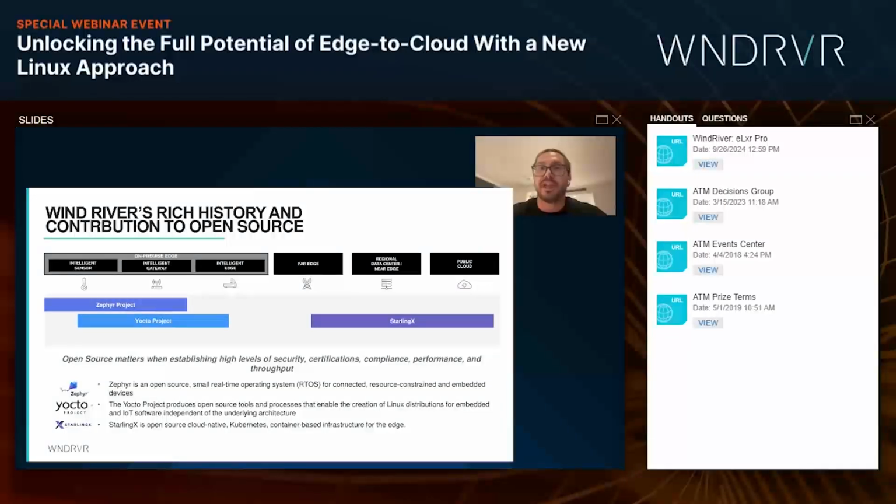So on this page, I'd love to cover a little bit about Wind River's rich history and contribution to open source that really moves from the cloud all the way to the edge in a variety of capacities. If we start thinking about how Wind River contributes to open source in the more enterprise or cloud space, we have our StarlingX open source project, which is a container infrastructure for telecommunications applications, and also bridging